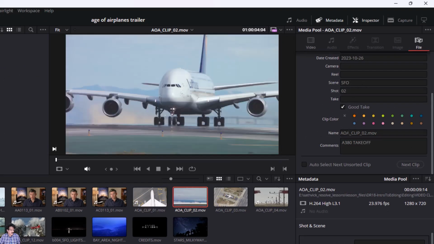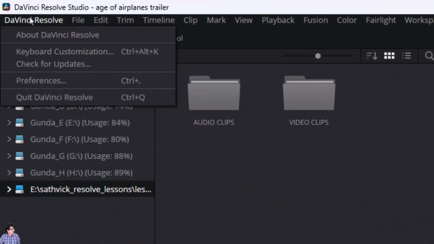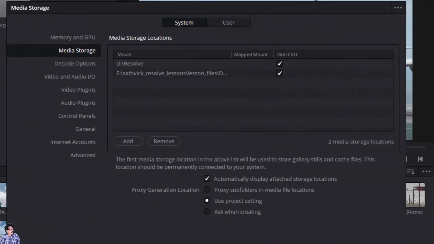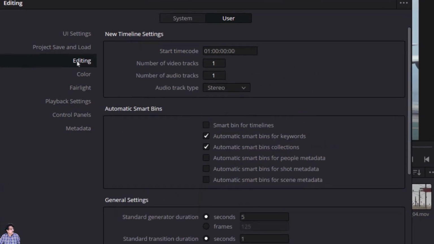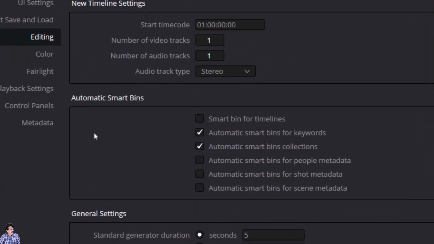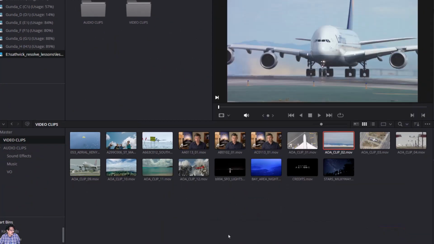Now, what I can do is, if you come here to DaVinci Resolve and choose preferences, and in preferences if you come to user, you have one option here called editing, and in editing you have one automatic Smartbins option, and right now automatic Smartbins is enabled only for collections and keywords. If I enable automatic Smartbins for scene metadata, if I switch it on and click save, then